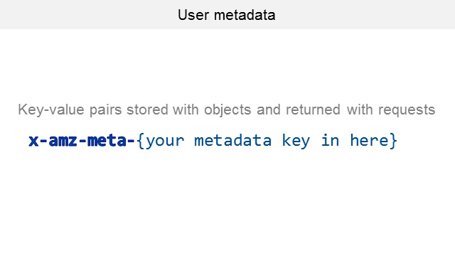It's called CloudFront. This is a very, very popular service actually amongst organizations that are